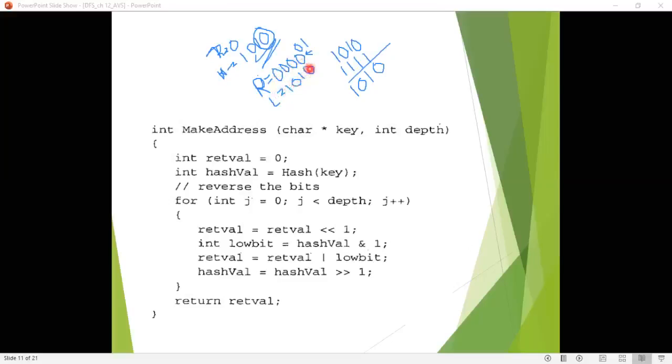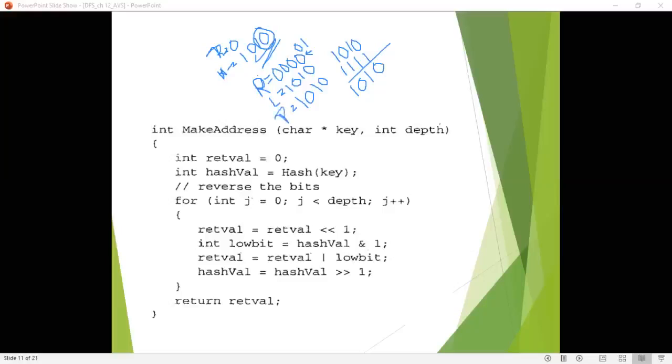What is the result when you perform OR? You will get 0 0 0 0. This is now your return value.